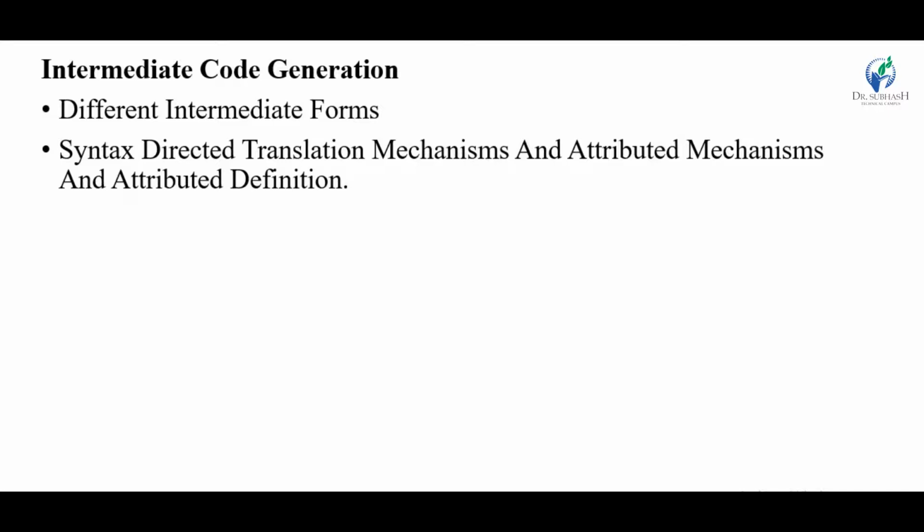in triples avoid entering temporary names into symbol table. So there are only 3 fields: operator, argument 1 and argument 2. Third one is indirect triples, in which listing of triples has been done and listing pointers are used instead of using statement. In syntax directed translation mechanism, for obtaining the 3 address code and the SDD translation scheme, all semantic